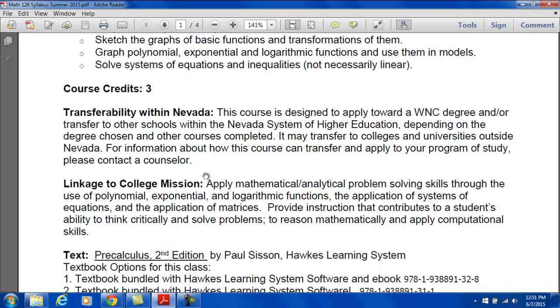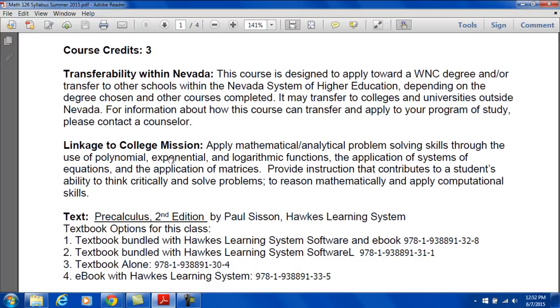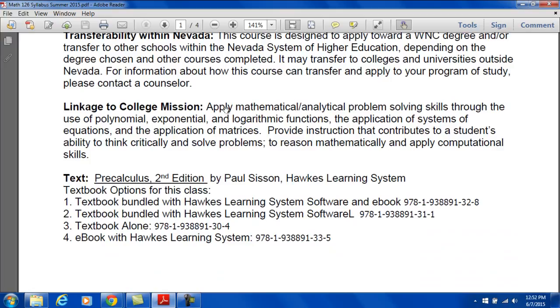Transferability within Nevada: this course is designed to apply toward a WNC degree and or transfer to other schools within the Nevada system of higher education, depending on the degree chosen and other courses completed. It may transfer to colleges and universities outside Nevada. For information about how this course can transfer and apply to your program of study, please contact a counselor. Linkage to the college mission: apply mathematical analytical problem solving skills through the use of polynomial, exponential, and logarithmic functions, the application of systems of equations, and the application of matrices. Provide instruction that contributes to a student's ability to think critically and solve problems, to reason mathematically, and apply computational